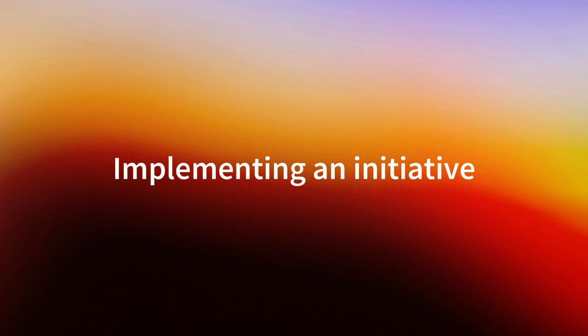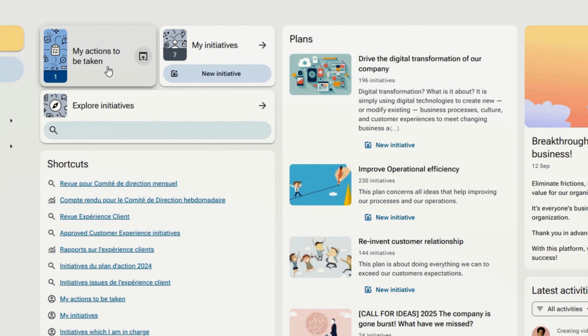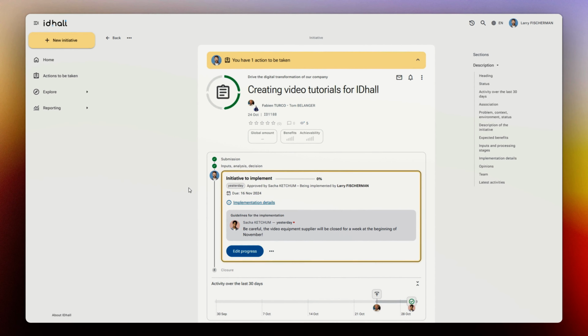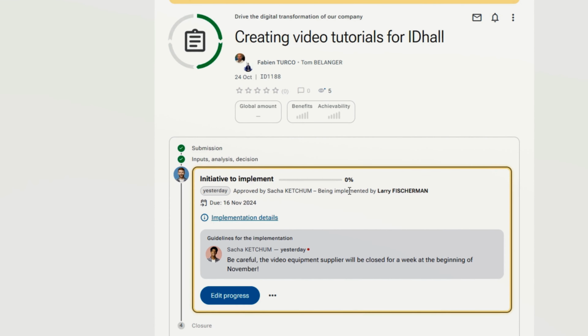Hello. In this video, we will see how to manage the implementation of an initiative. You can find your initiatives to implement by clicking on the My Actions to be Taken block, and then clicking on the initiative to be implemented. Once on the initiatives page, we see that it has indeed been approved by Sasha and is currently being implemented